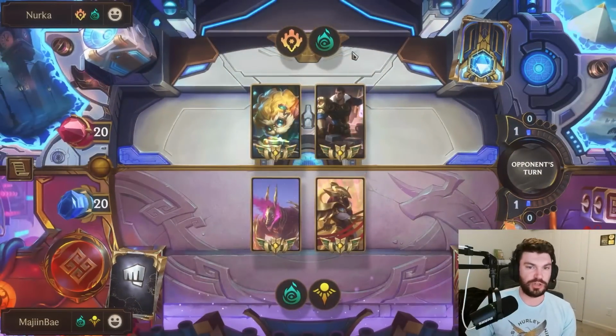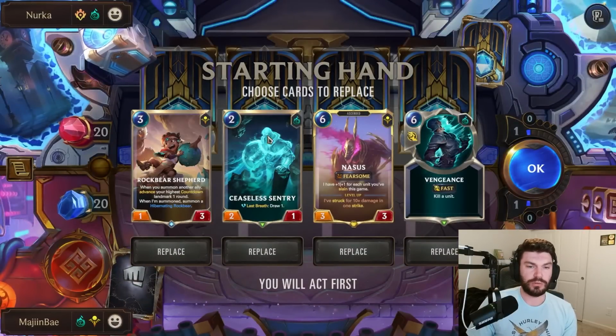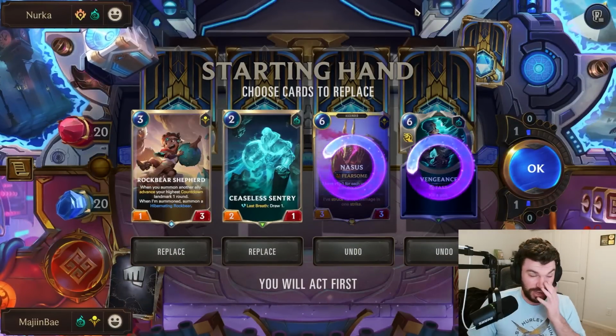Theoretically, a pretty decent matchup. They do have things like Vengeance and Aftershocks, which is bad for us. This hand's quite good. We definitely want to keep these 2. I think we're going to mulligan these and look for